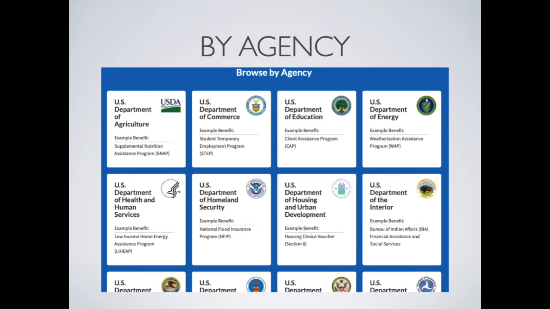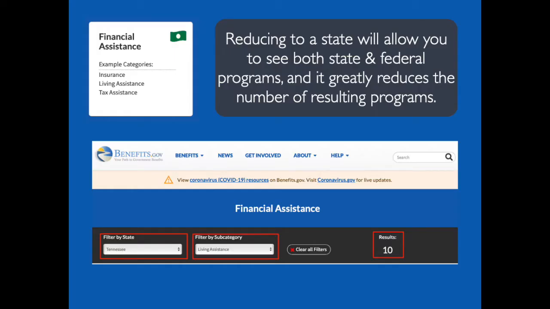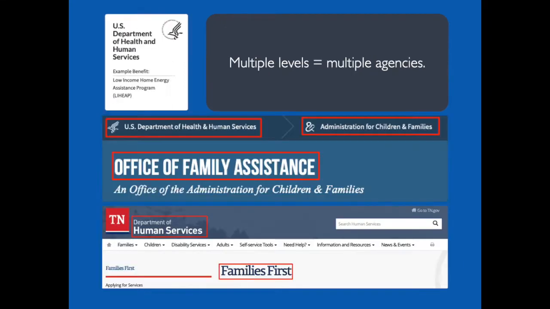And just like we were looking at the particular service for family assistance underneath the category of financial assistance, here we can look at the U.S. Department of Health and Human Services, which is the umbrella agency that basically administers the program to the states, and then the state administers it directly to beneficiaries. So with a lot of programs, there are multiple levels involved in multiple agencies.